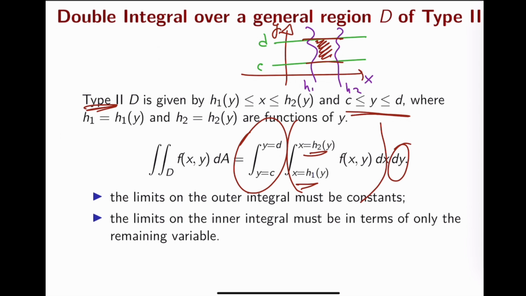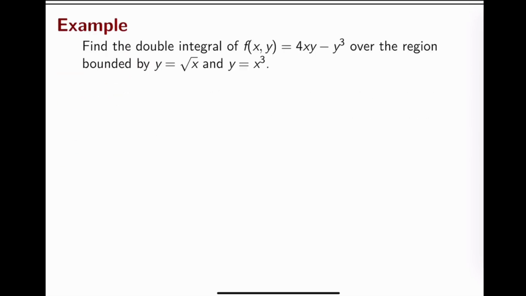These two types of domains are not necessarily one or the other. Depending on the region, we can describe it as a region of type 1 or of type 2, and the same region may be described in both ways. So in those cases, we will have two different ways to calculate the same thing. For instance,